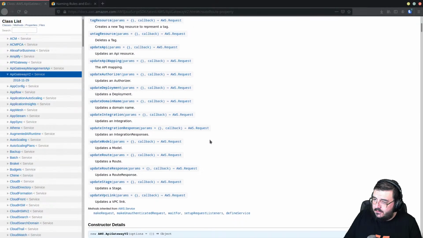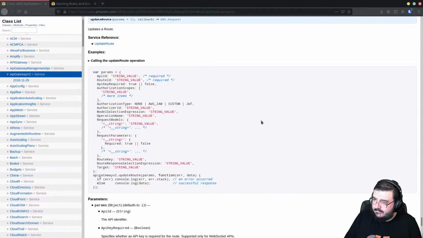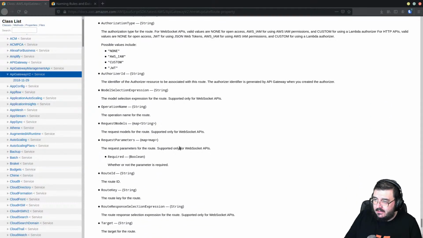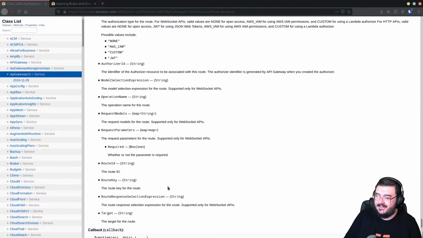Update a root. Yeah. I'm guessing root key is the... Does it describe it better what root key is here? Nope, the root key... Yeah.